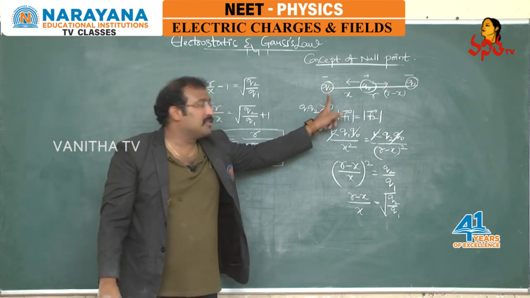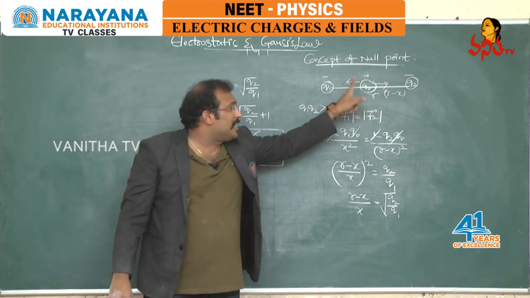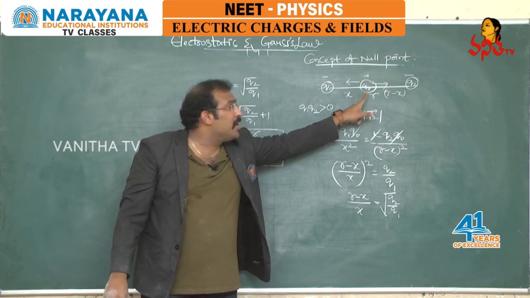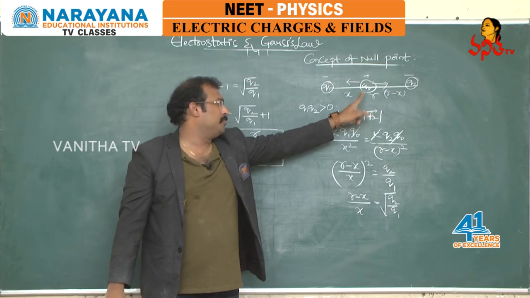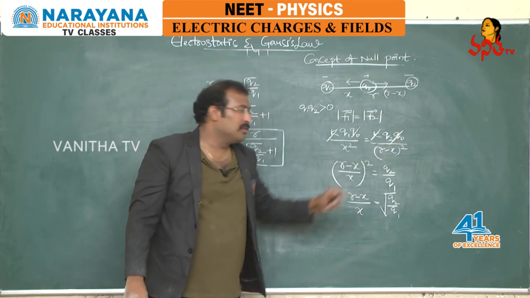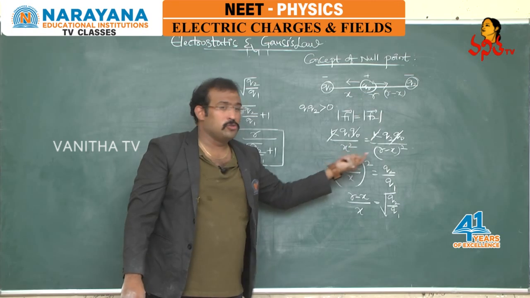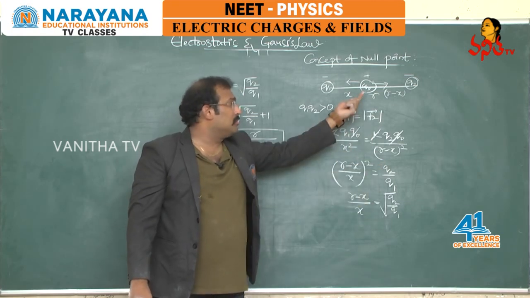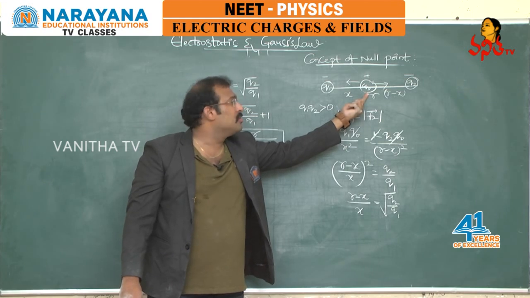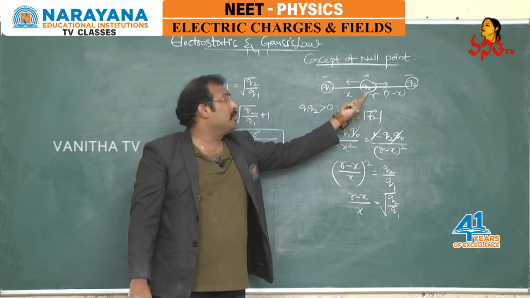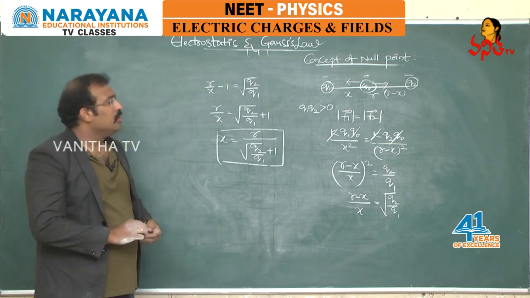from the first charge where the test charge Q0 experiences net force equal to 0 or net field equal to 0. Removing Q0, we can simply write the fields also. So this is a way how we can find out the equilibrium point of the charge or null point of the charge. So now,